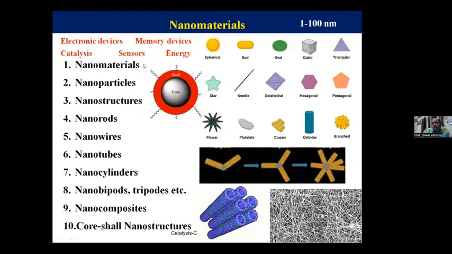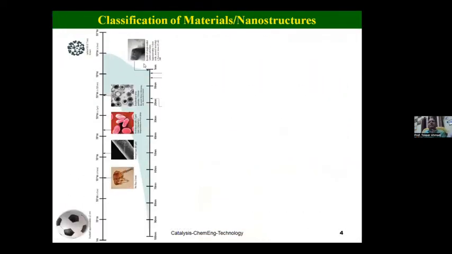So actually, if you look at the different objects present in nature, you could classify these objects on the basis of their dimension. For example, if you move from a few centimeters to a few nanometers, then the nature of the object may change from football to fluorine. Meanwhile, you could see different objects of different sizes, like the human hair of size few micrometers, red blood cells of size 100 to 200 nanometers, and the virus of size around 50 nanometers.